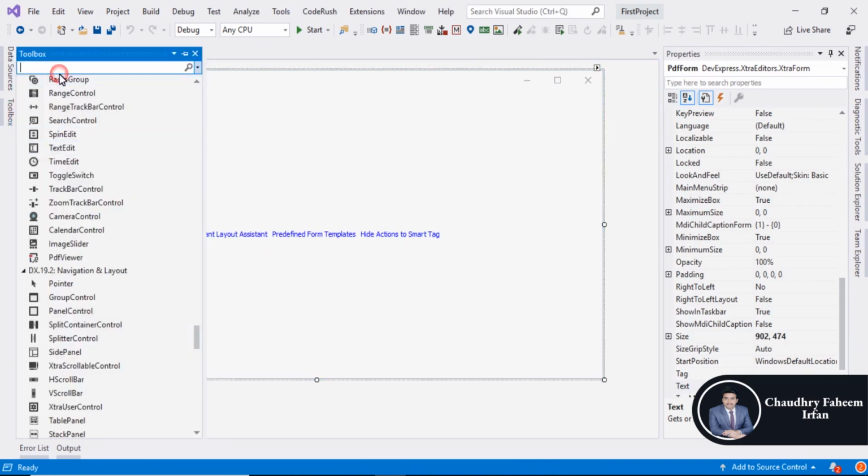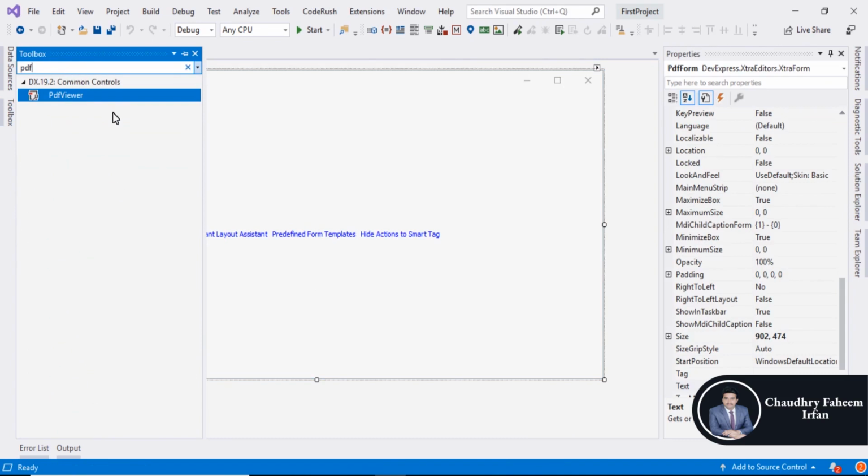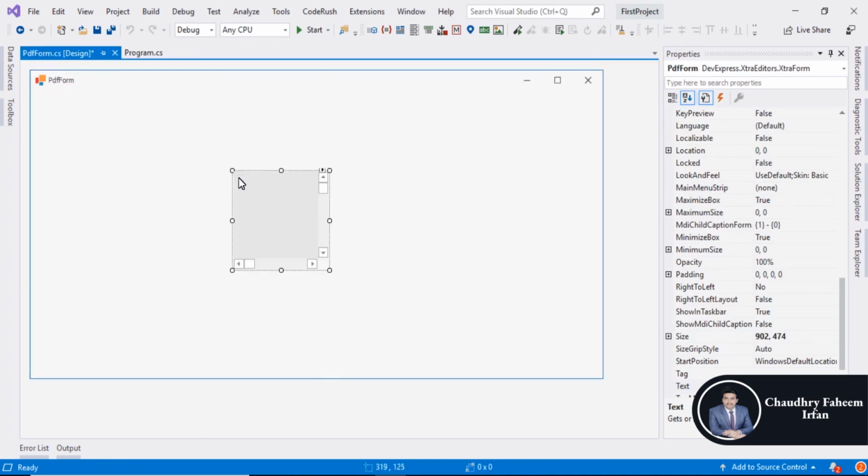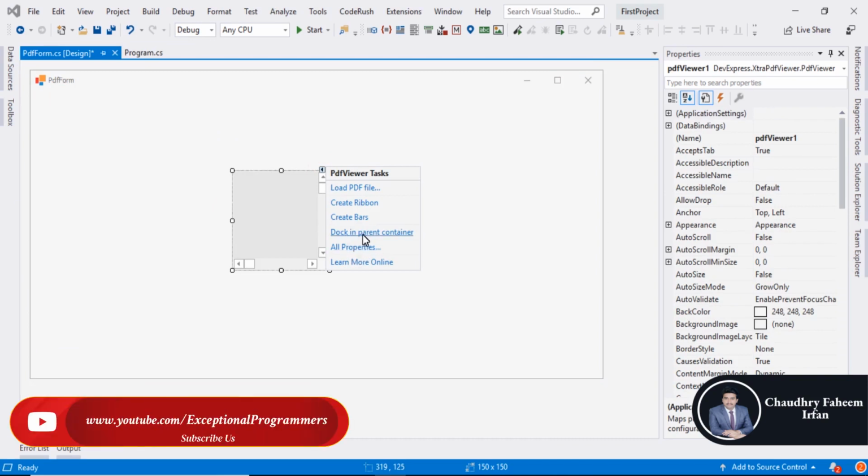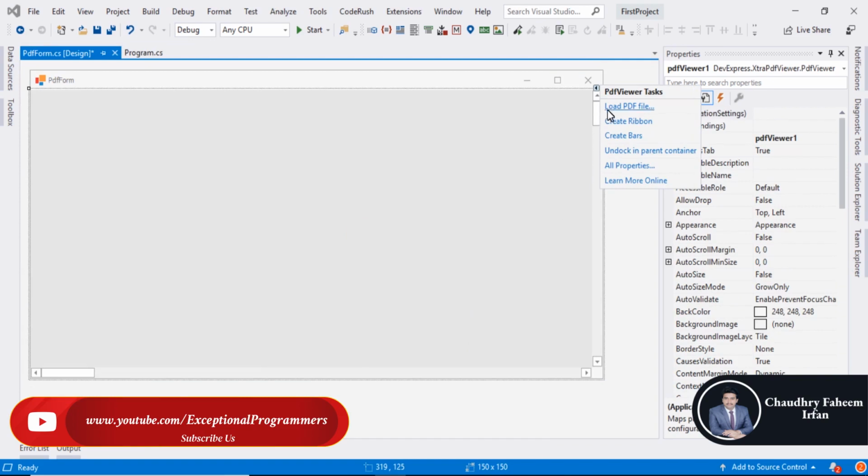Go to toolbox and search PDF, drag PDF viewer here, and first of all dock in parent container. After that,